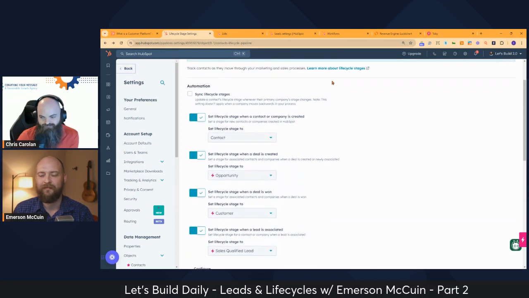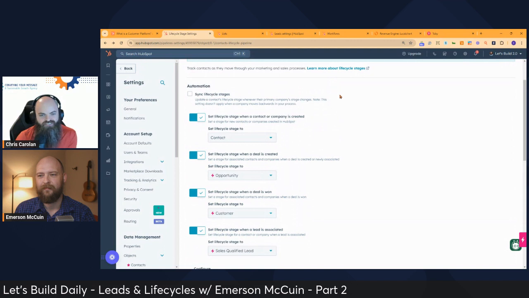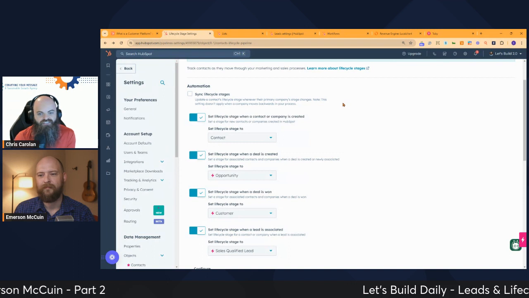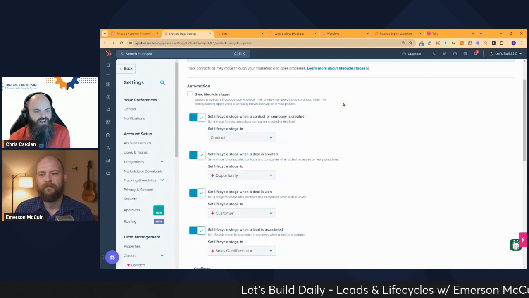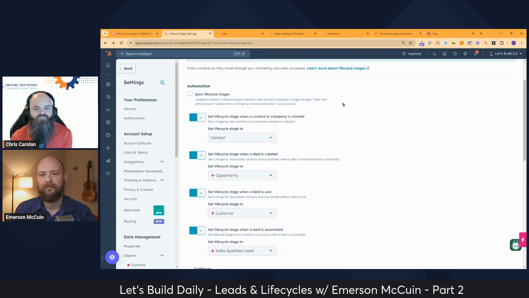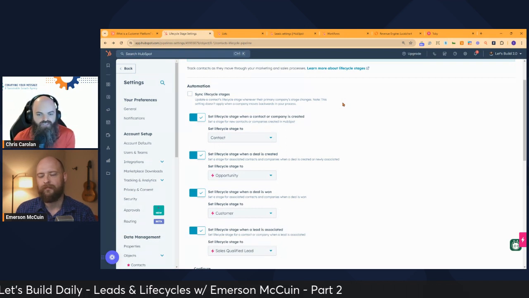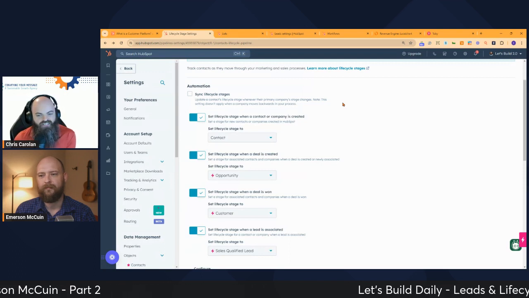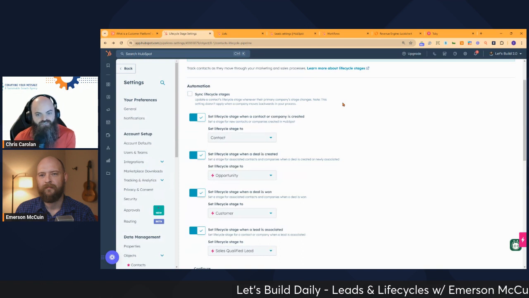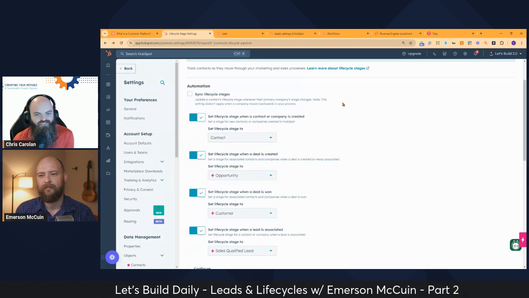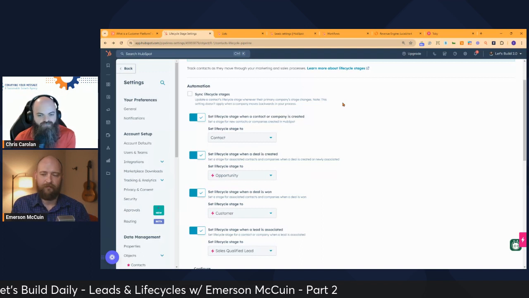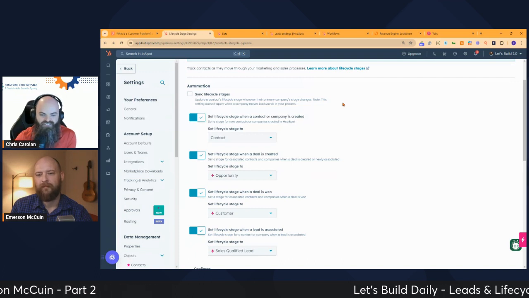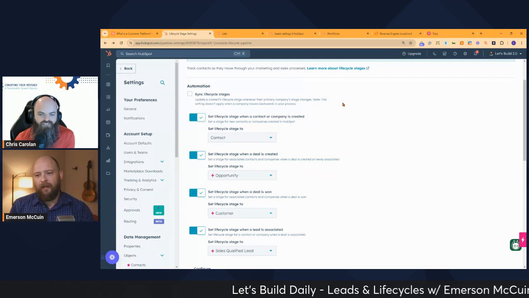One of the double-edged swords of HubSpot is there's a ton of guardrails in place and some out of the box setup to help you do this the right way if you've never done it before, just to help you think about it. But there's a few places like this one where, as soon as you have a strategy designed for your business, you're going to turn a lot of this stuff off. So before I do that, I'm going to get your thoughts, Emerson, on how you approach this section right here and maybe other sections like it in HubSpot.